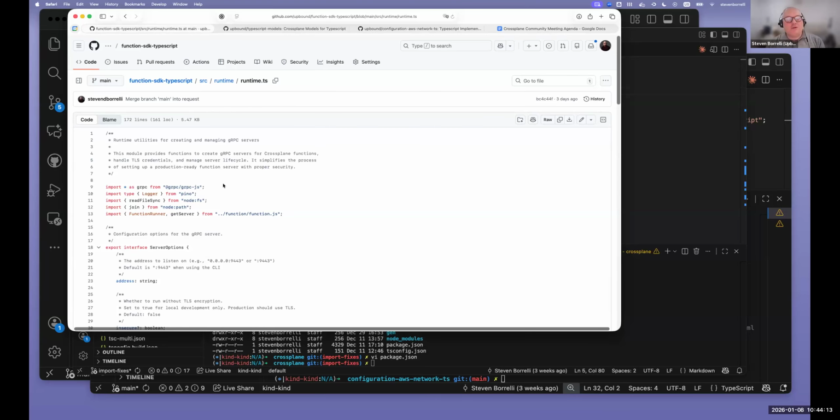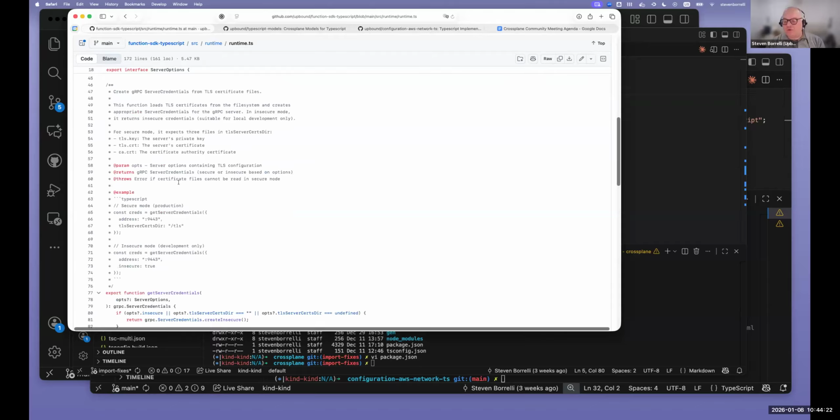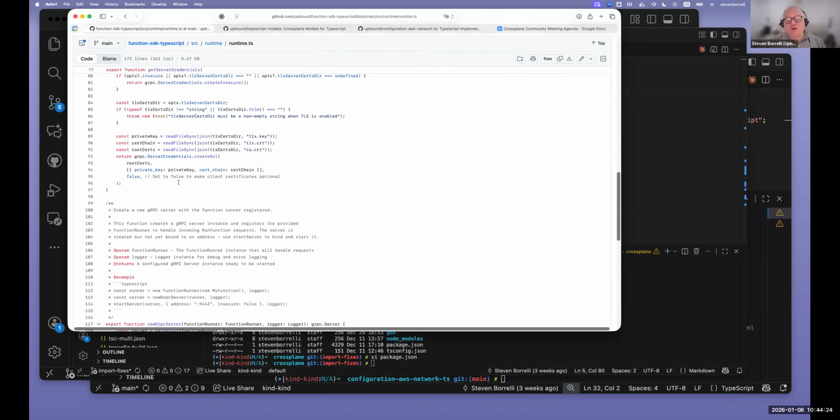But since we're in the community here, you can see that the runtime library sets up things like the TLS server options and then creates the servers itself, right? I had a lot of struggles getting gRPC to run correctly in TypeScript. The ecosystem there is a little less mature. I've tried a lot of things in the past. I tried using Deno, but it has some bugs that block it. But I finally was able to get the right set of options so that it all worked throughout the system, and that's what we have here.